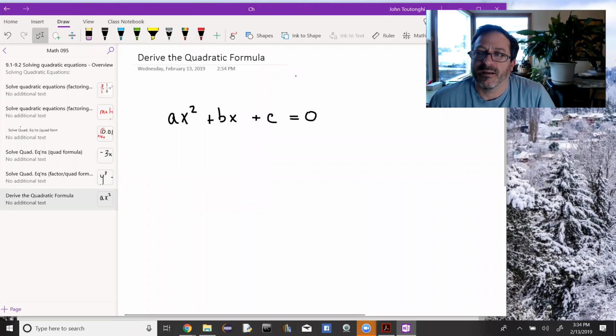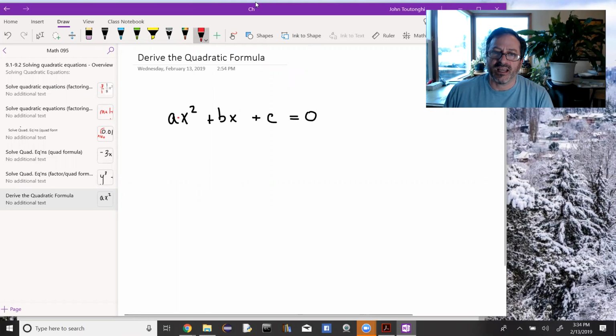Okay, so I want to look at where the quadratic formula comes from. It's actually something we could derive. Essentially, it comes from solving this equation, ax squared plus bx plus c equals 0, by completing the square. We learned how to complete the square in the previous section, so we're just going to do that here. It's a little tricky because there are so many letters, a, b, c, and x,